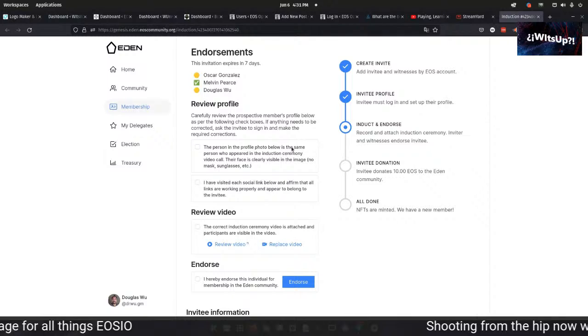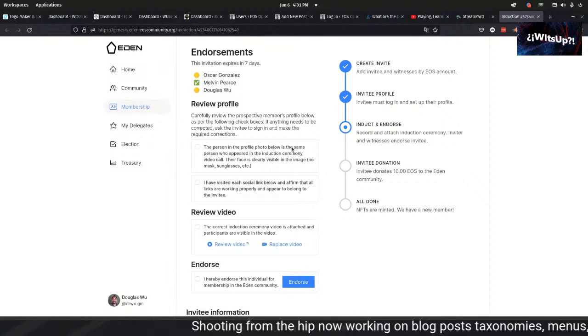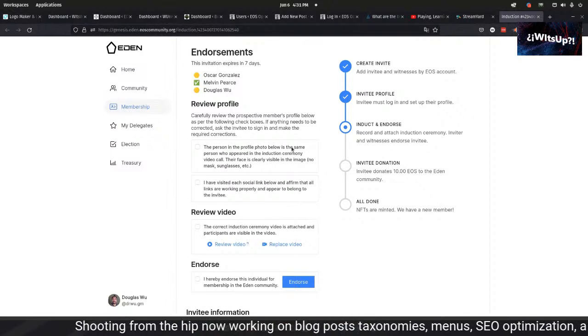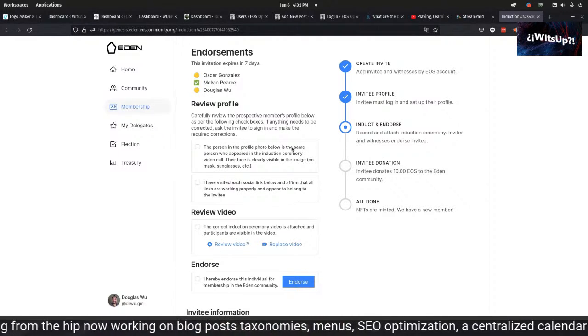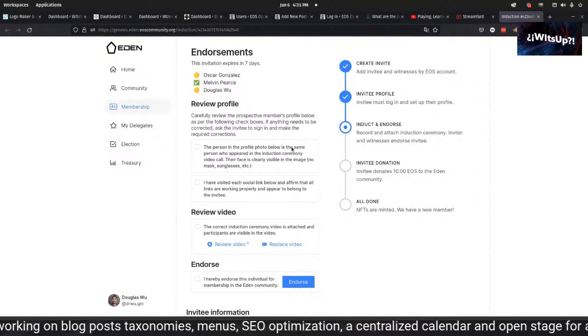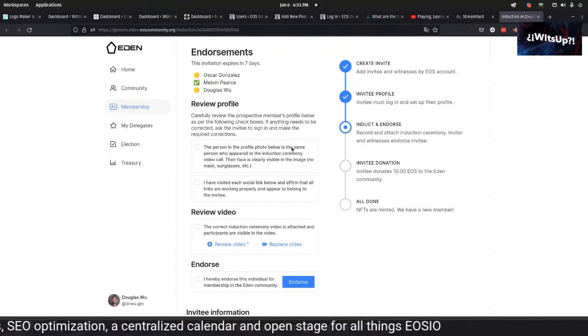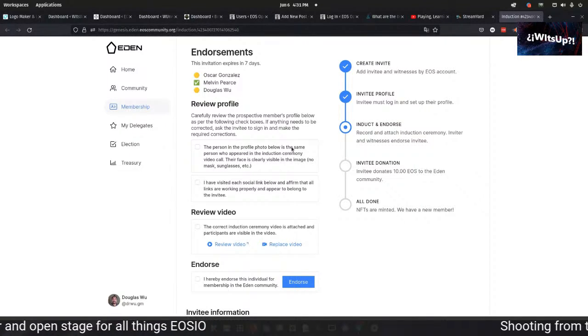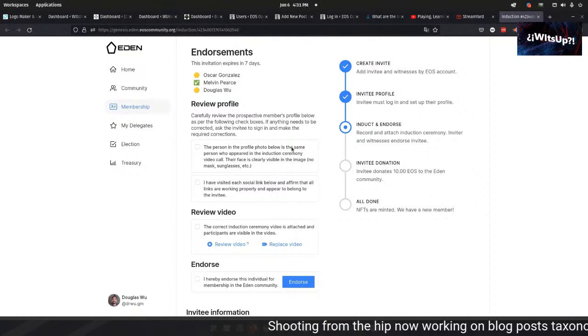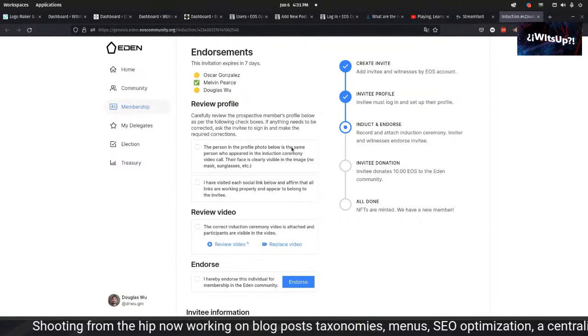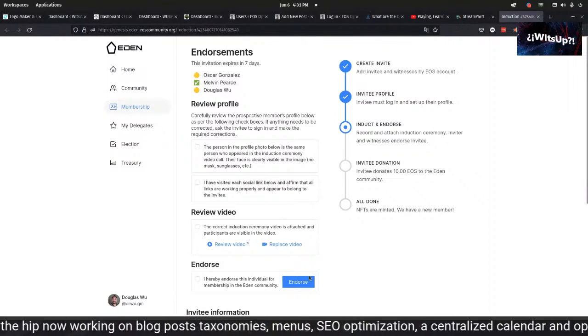I'm in the midst of doing an Eden induction. And Eden is what I call fractal governance version 1. I am now looking at a screen because I just got inducted to Eden yesterday. So now I'm acting as the second witness in the induction of Maxime. And so I'm staring at the screen and looking at Telegram going, okay, I guess I need to hit endorse. So I'm going to come down here,